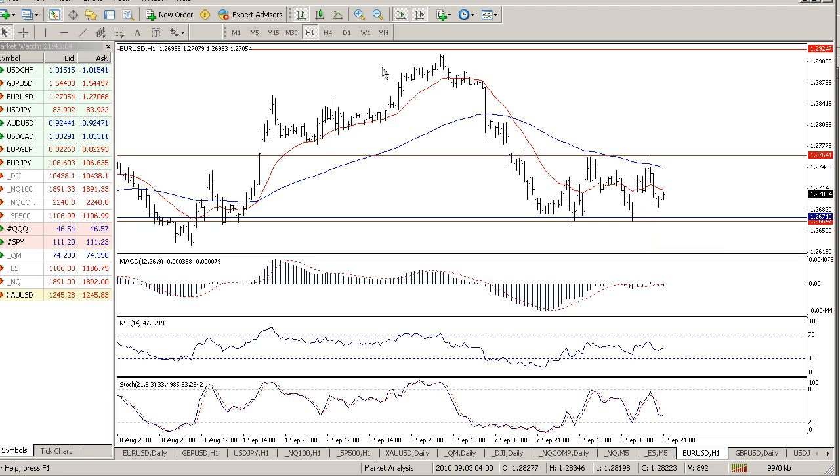So the trend on the hourly chart is on the downside, as evidenced by the fact that the prices are below the 100-hour moving average, and this long-term moving average itself is trending down. So the major focus here is on the downside. Let's go to